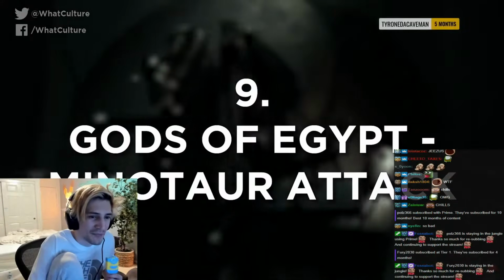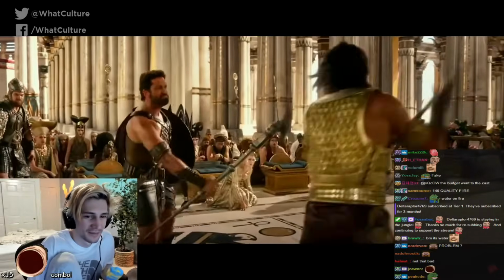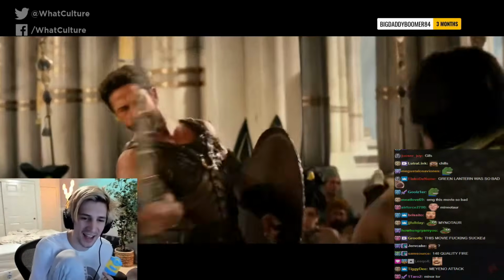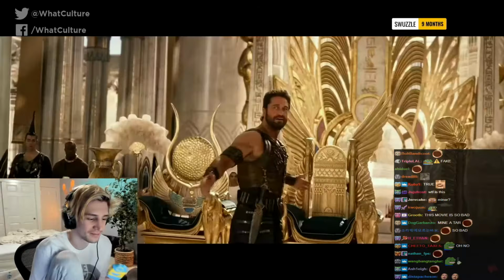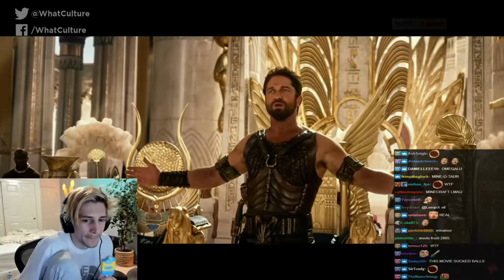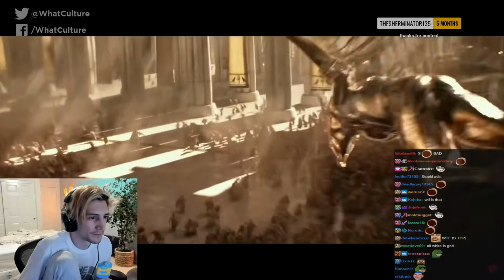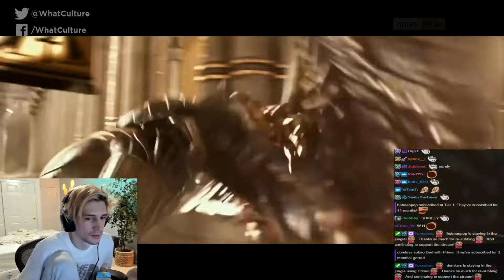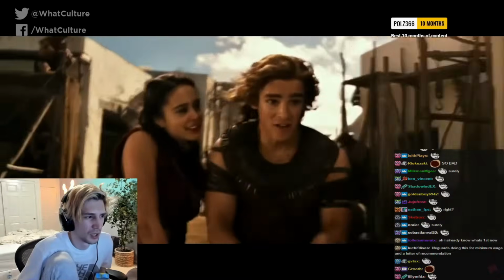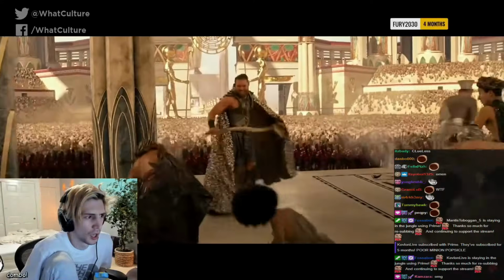Number 9, Gods of Egypt, Minotaur Attack. After the initial trailers dropped for 2016's Gods of Egypt, it was clear to most that this film wasn't going to be boasting out-of-this-world visual effects. However, the promise of Gerard Butler hamming it up as an Egyptian god would surely be enough to distract us from the outdated CGI on show, right? Wrong. So wrong. One particular instance of truly dreadful CGI came during a scene which involved a bunch of Minotaurs